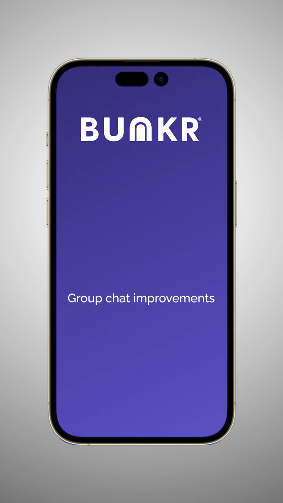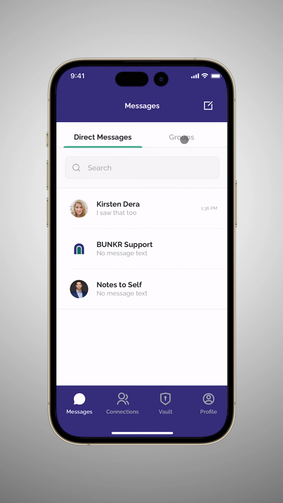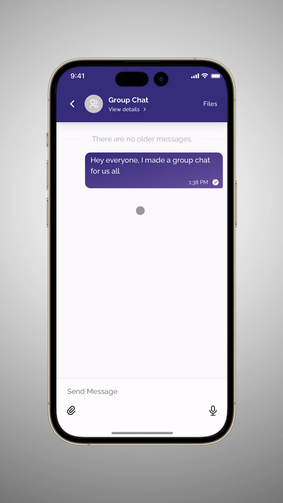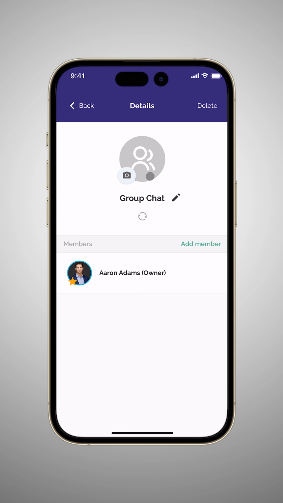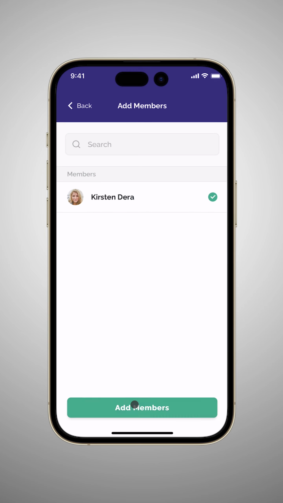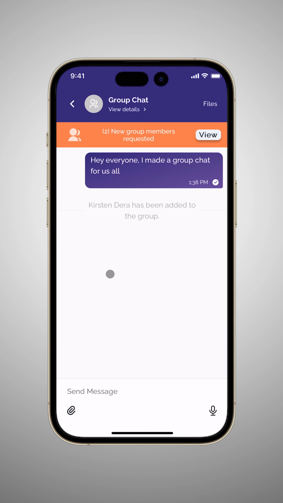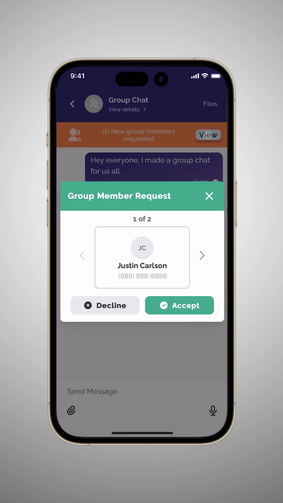And last is group chat improvements. Now, anyone within the chat can add new members by going to View Details and clicking Add Members. Doing this will send a request to the owner of the chat, who can ultimately decide whether they accept or